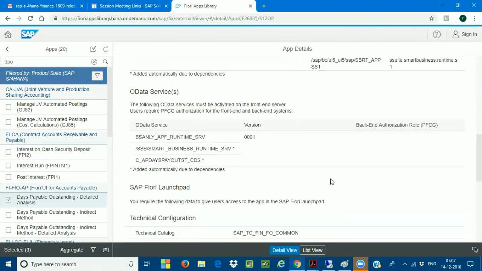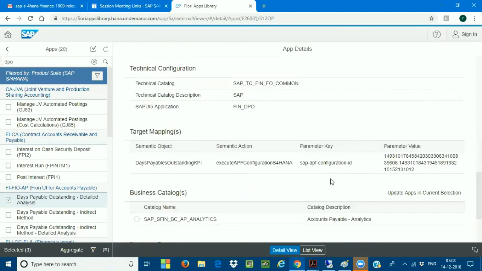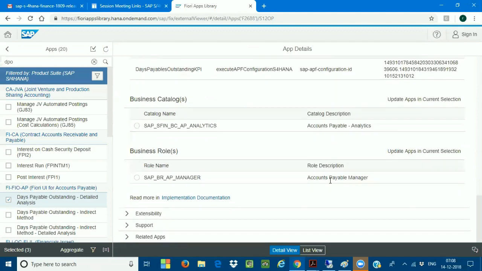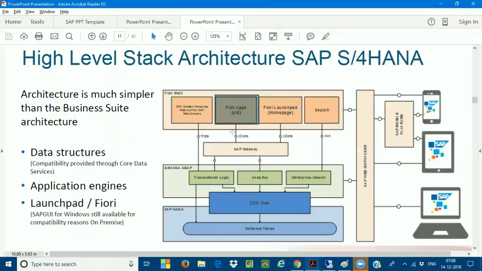Through the OData, they are going to be connecting your SAP Fiori tiles with your Fiori application. There will be OData connectivity. So what is happening through the OData connectivity? It will extract the data. So here you can see the OData connectivity, and your Fiori tiles are connecting with the OData.